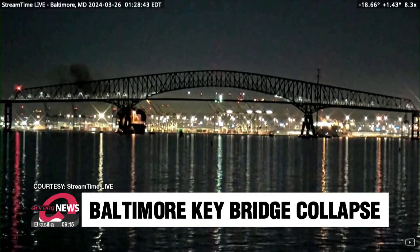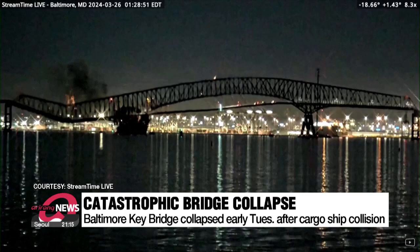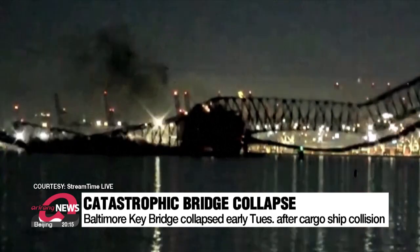And over in the U.S., a major bridge in Baltimore collapsed after a cargo ship collided with it, leaving 6 people unaccounted for. Shin Se-byuk with the latest. On Tuesday, the Francis Scott Key Bridge in Baltimore, Maryland, U.S. collapsed after a massive cargo ship, which officials say lost power, crashed into it. A Singapore-registered vessel with the name Dali,